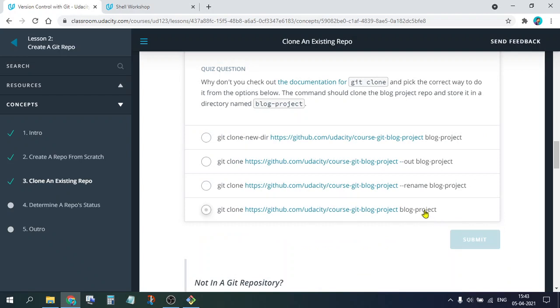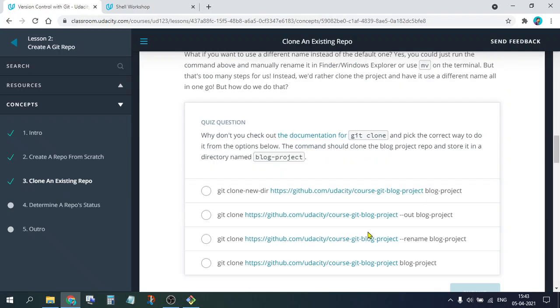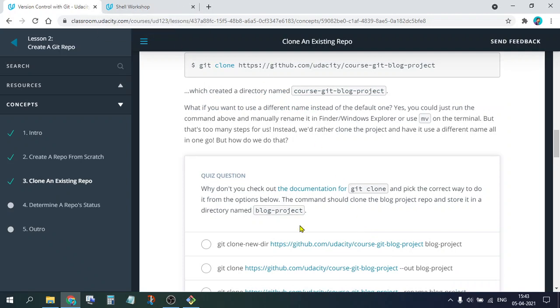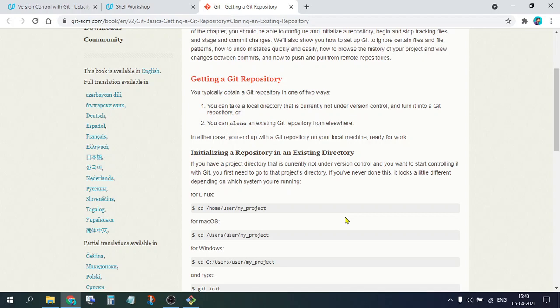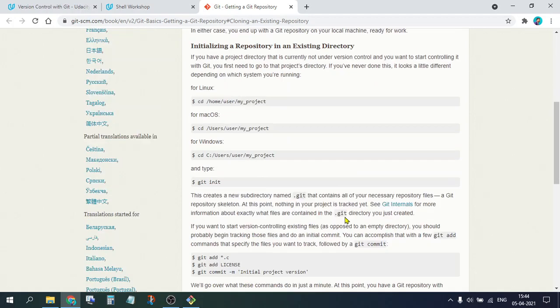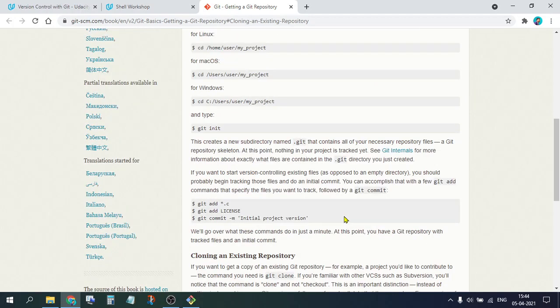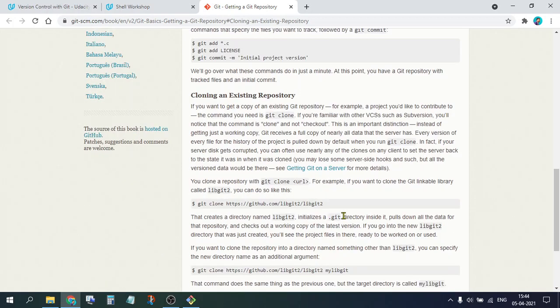If I put a directory name, blog project, okay, now I need to check this. Where is the documentation? You clone a repository with git clone URL. For example, you want to clone